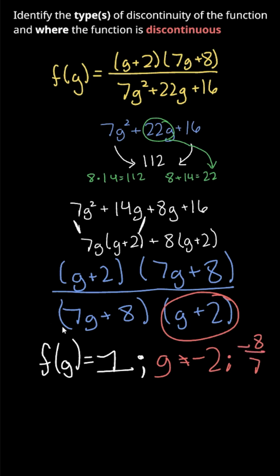Now that only leaves the question, what kind of discontinuity is this? Well, in both cases, the denominator was able to cancel completely, except for when the denominator is 0. So that means it is a removable point